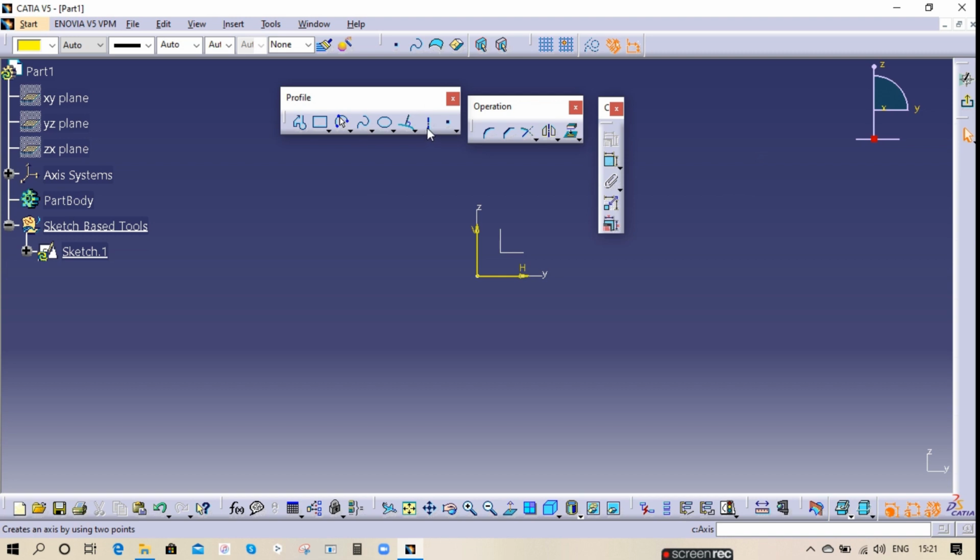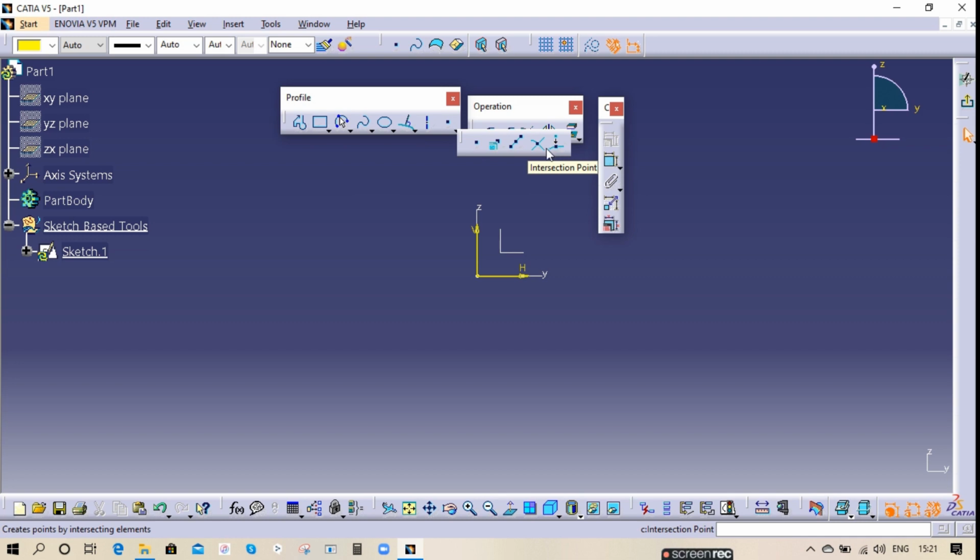And the next one is axis. So this axis is simple. When we are making any reference sketches, there only this axis will be useful. And point, let's say we can put here or here. This is a normal point stating some center, and all these are intermediate intersecting points.